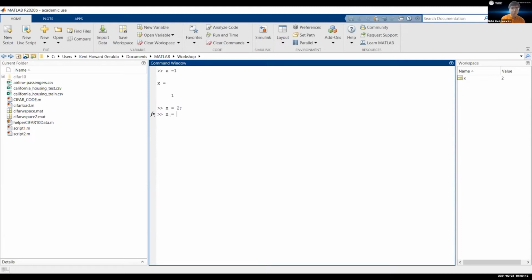The next basic I'm going to teach you is how to create an array or matrix. As mentioned before, Matlab is a matrix space or